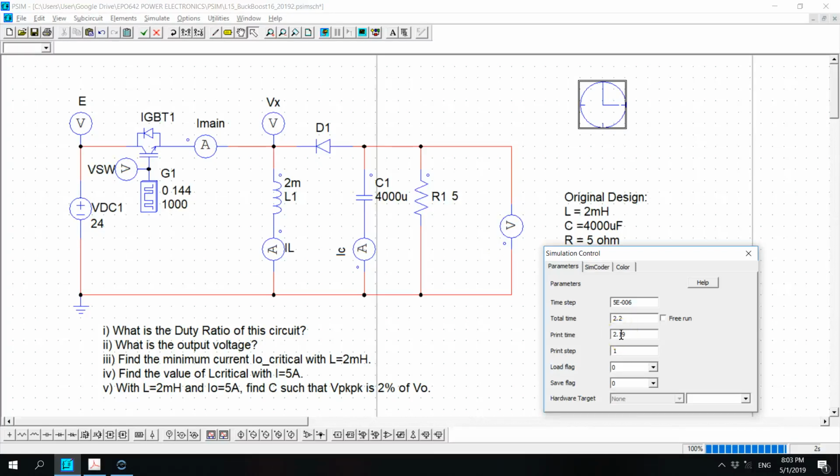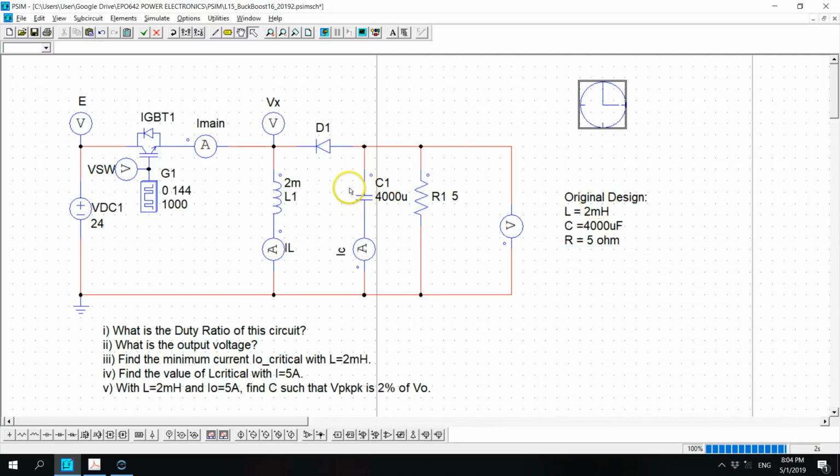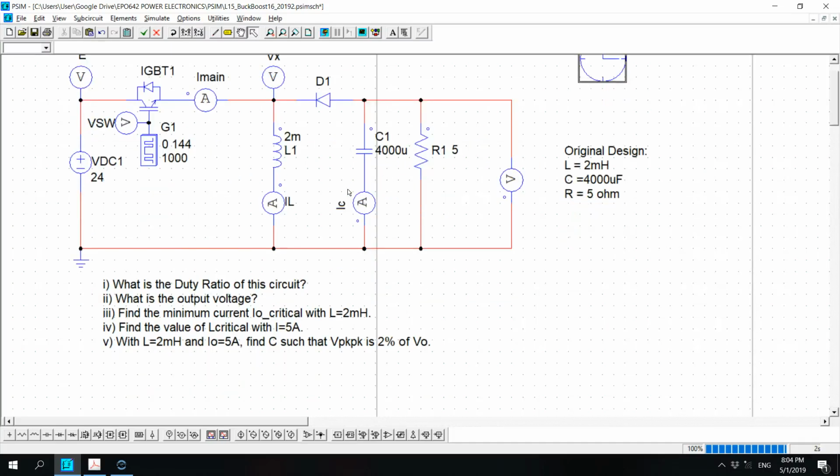You only allow 6,000 points, so you have to be clever in choosing when to start to record the number of points. So I advise you to use this simulation control for you to simulate and play around. This also can be used for your buck and also the boost converter circuit before. Right? Use this simulation control to look into the output voltage. Okay. Alright, so try it, and this will be the answer to your